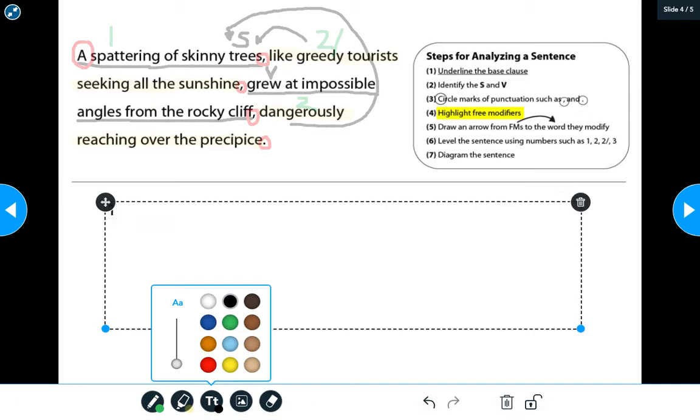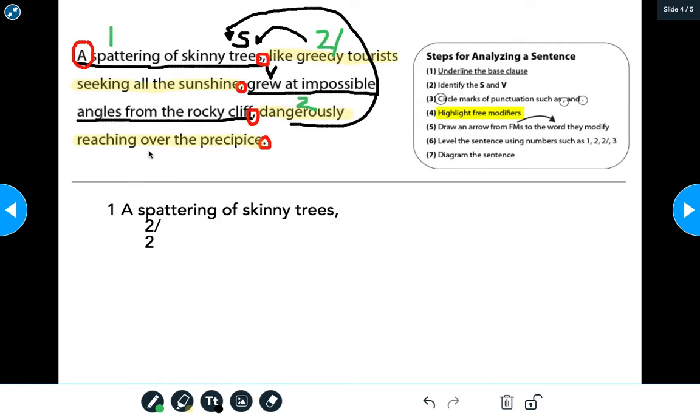So the pattern for this is a 1, 2/2. So it begins with the base clause. And here's the first part of the base clause. And look, I'm going to click off so you can see better. But as I type the base clause here, you notice I got a spattering of skinny trees, comma. That's this comma right here. It's going to go comma, slash, comma, and then I'm going to continue the base clause. So comma, slash, comma, continue the base clause,